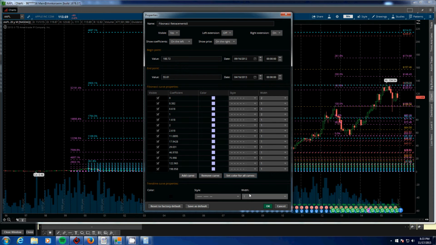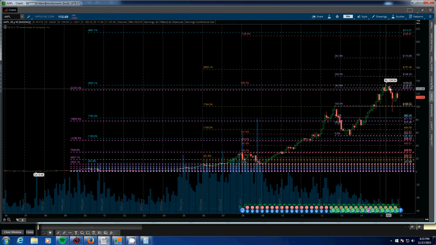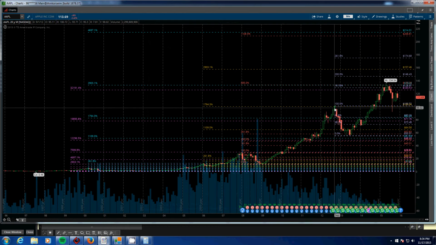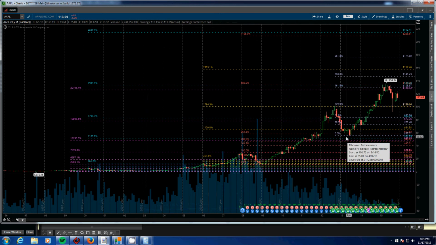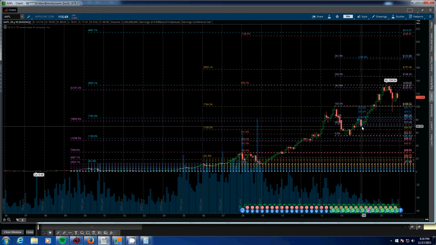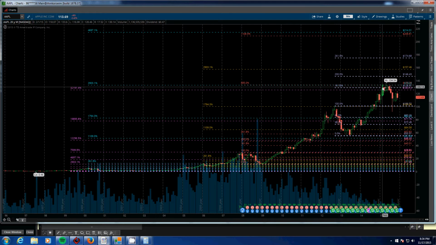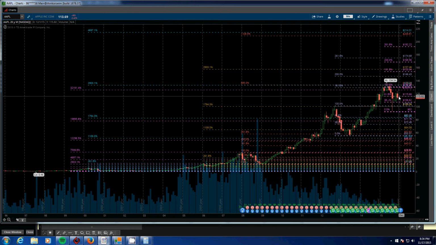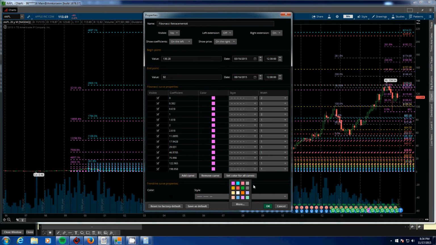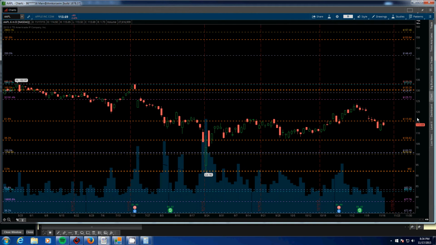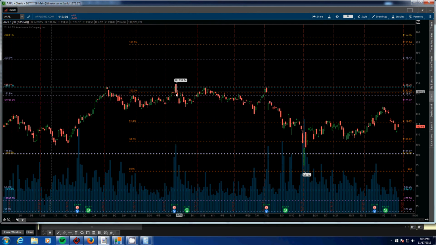Just to see a closer representation, we can again see another 161.8 here in this range, measuring just from the 2012 to 2013 lows. We can even do one as small as this if we wanted. It doesn't look like it's going to do too much. Then this would be the most important one right now. We can zoom in a little bit, and we can see here that this range,